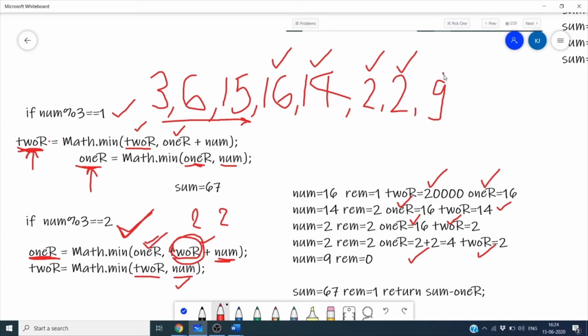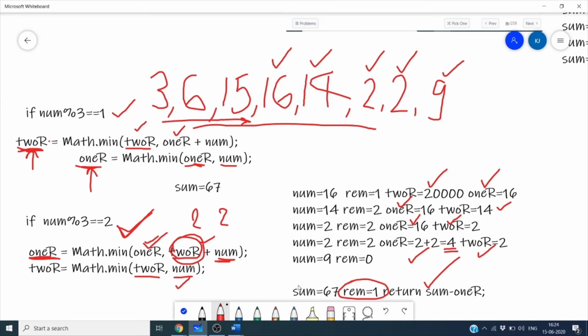Now the last element is divisible by 3, so we will not check either condition. The sum comes out to be 67 after adding all the elements in the array, and 67 gives remainder 1. So we just return sum minus 1r, and the 1r value was 4 here.